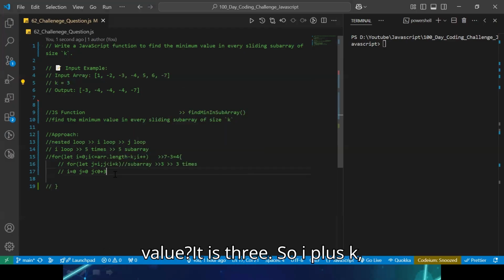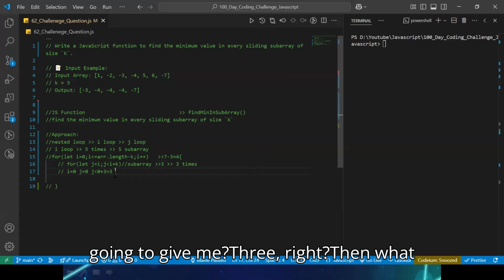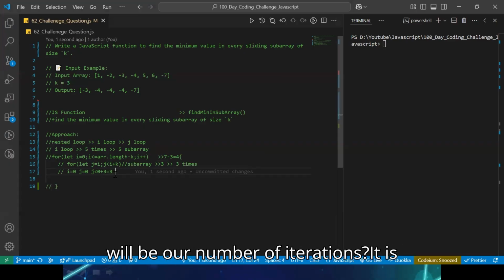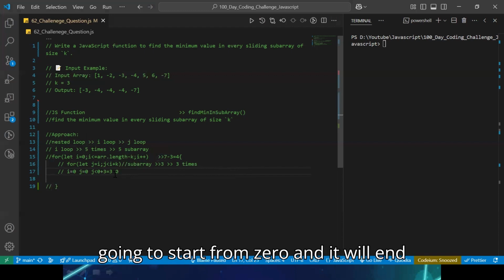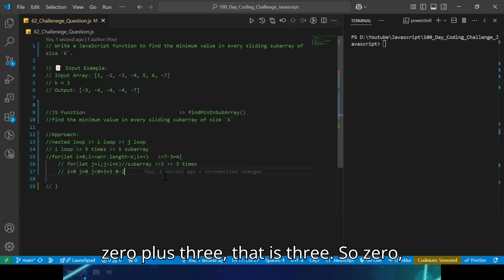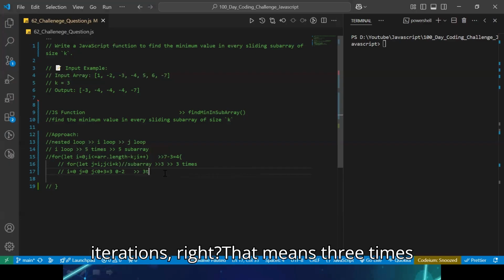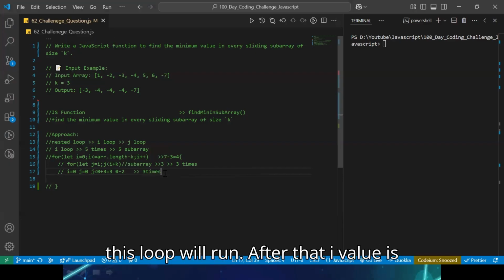So i plus k means 0 plus 3, which gives me 3. Then the number of iterations will start from 0 and end at 2, because we have written 0 plus 3, that is 3. So 0, 1 and 2. How many iterations? 3 iterations, right? That means this loop will run 3 times.